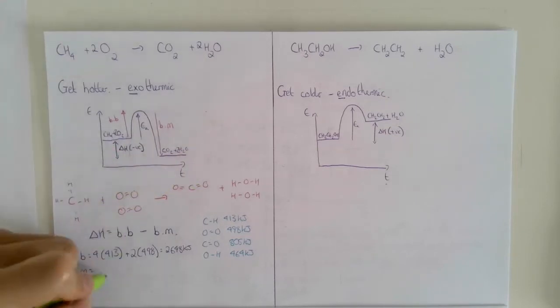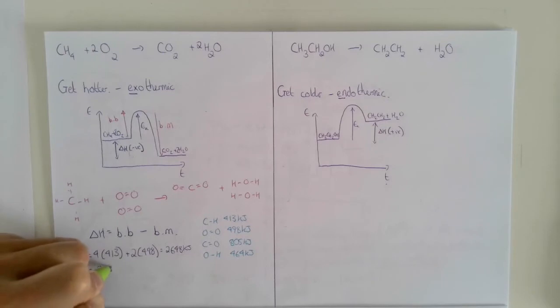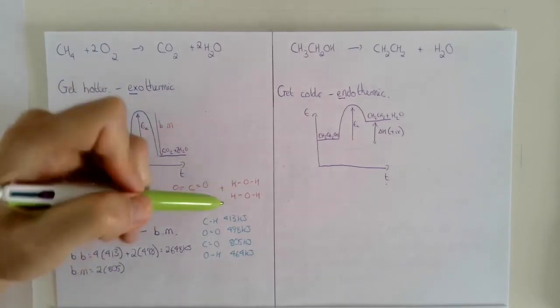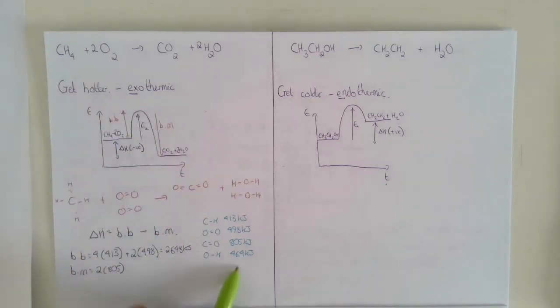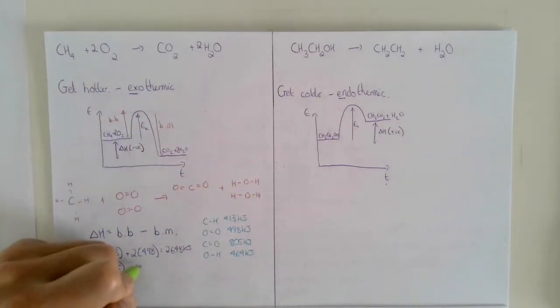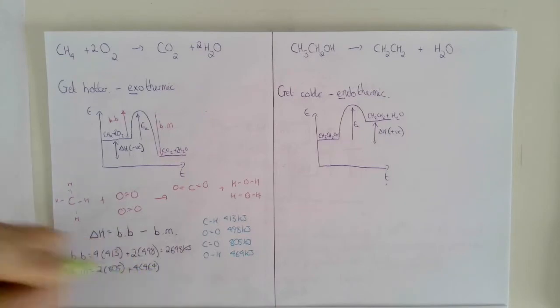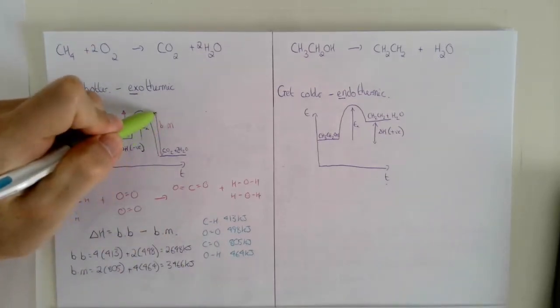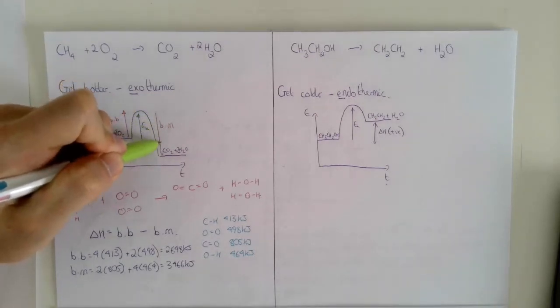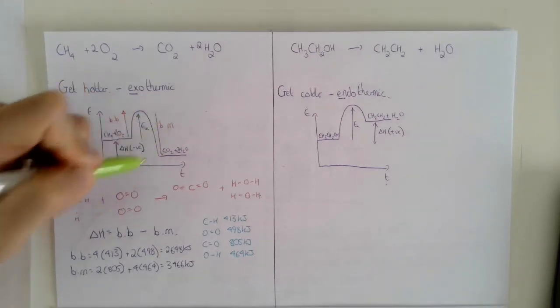If I get bond making energy, I'm making a carbon oxygen double bond and another carbon oxygen double bond, so 2 lots of 805, and then I'm making 1, 2, 3, 4 OH bonds, so 4 lots of 464. So let's put that in a calculator. It gives me 3,466 kilojoules. So that's the energy that gets released when I make these bonds,